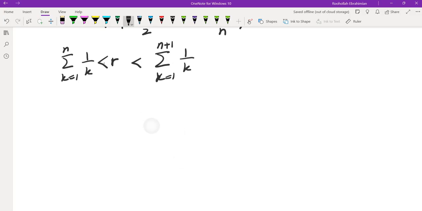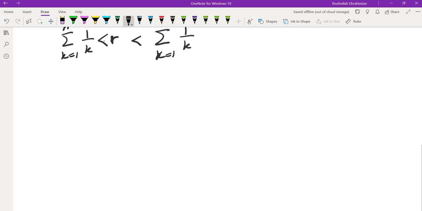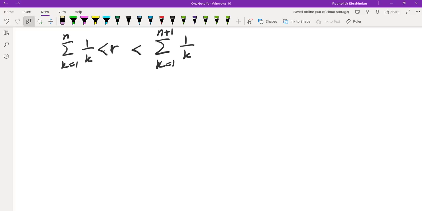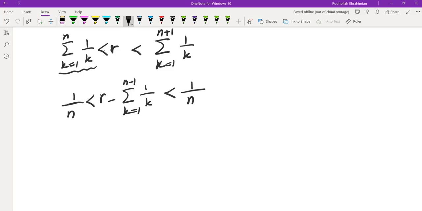So what we want to do is write down r as a sum of fractions of reciprocals of integers. So we can take r and subtract these reciprocals to see what we get. If you take r and subtract the sum of 1 over k, k equals 1 to n minus 1, you get 1 over n on this side. I guess this would be 0 on this side, and this would be 1 over n plus 1 on this side. So this number is a number that I would have to show